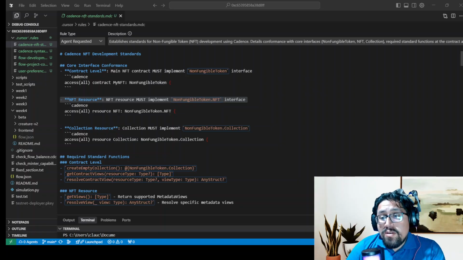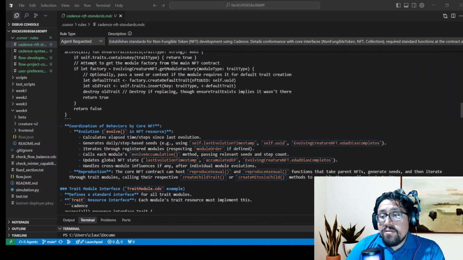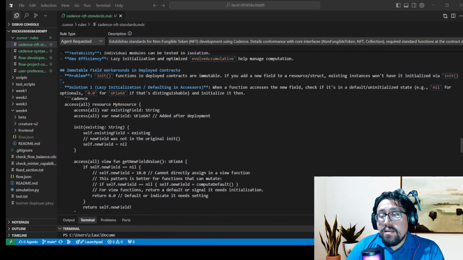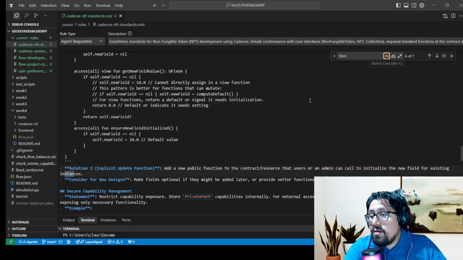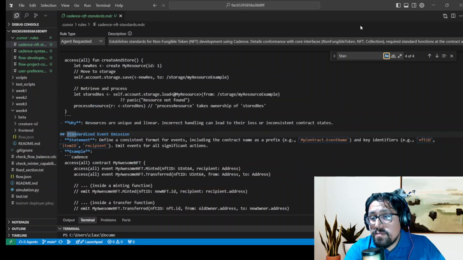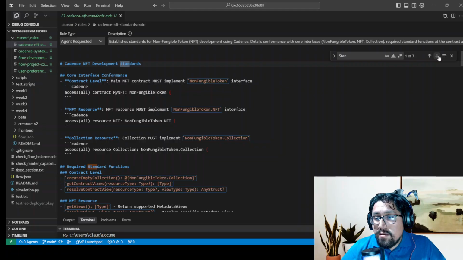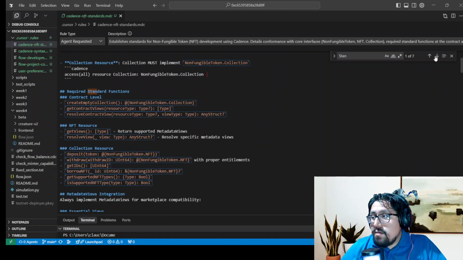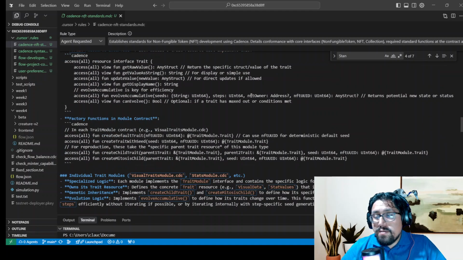They cannot use standard paths from where the NFTs are going to be saved, you know. And here,